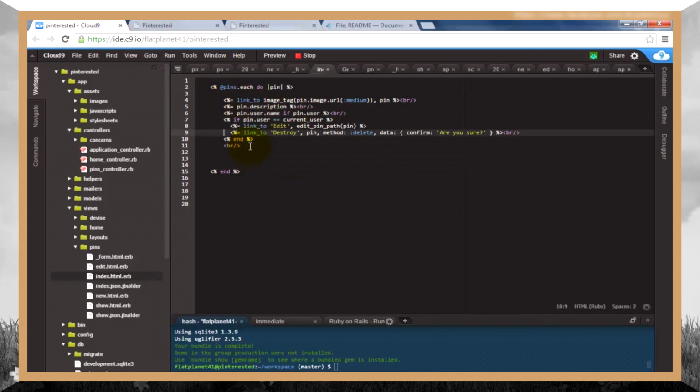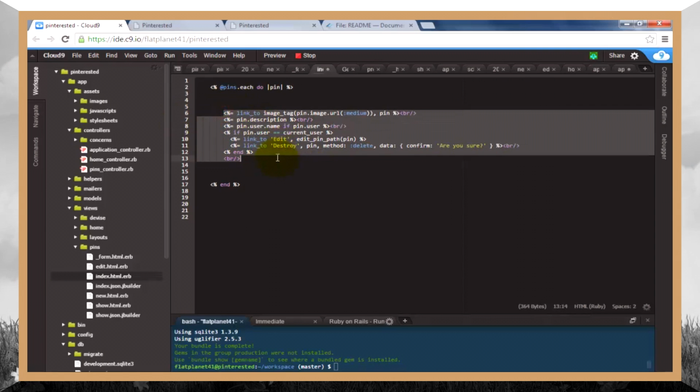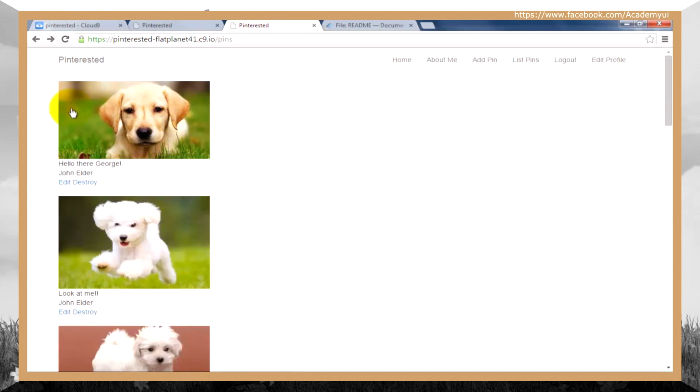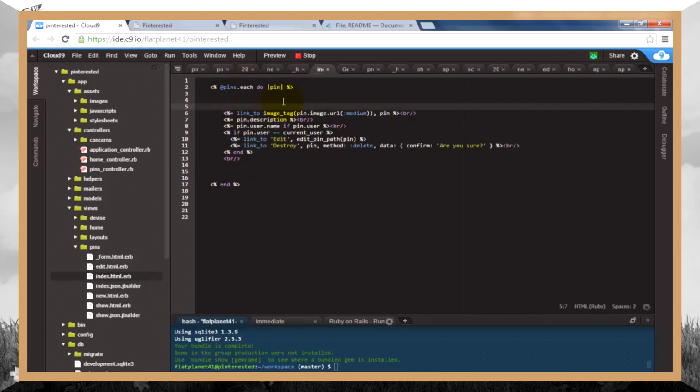Let's make some space here. So this is the code that outputs all of this. And this is just a do loop for each pin. Do this stuff, right? So what we want to do is wrap all of this in a div